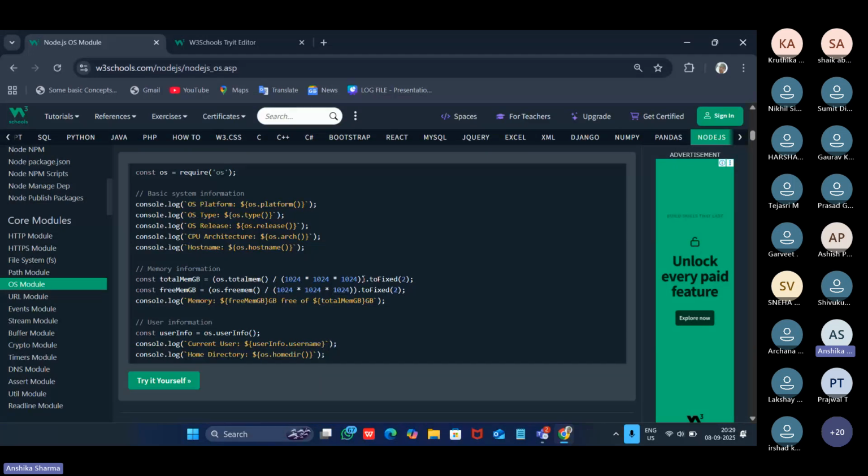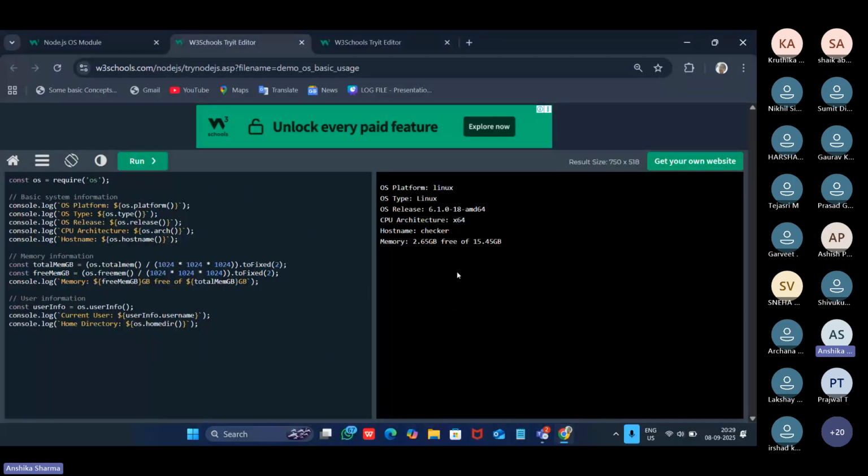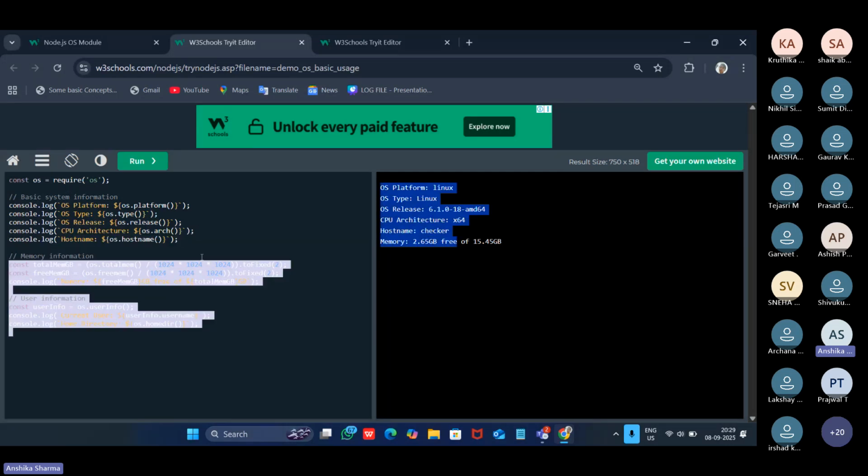Because we all know that all the information about the operating system, or the addresses present in the memory, are stored in bits format, which is 0 and 1. So this is the way by which we can convert those bits into a numerical value.